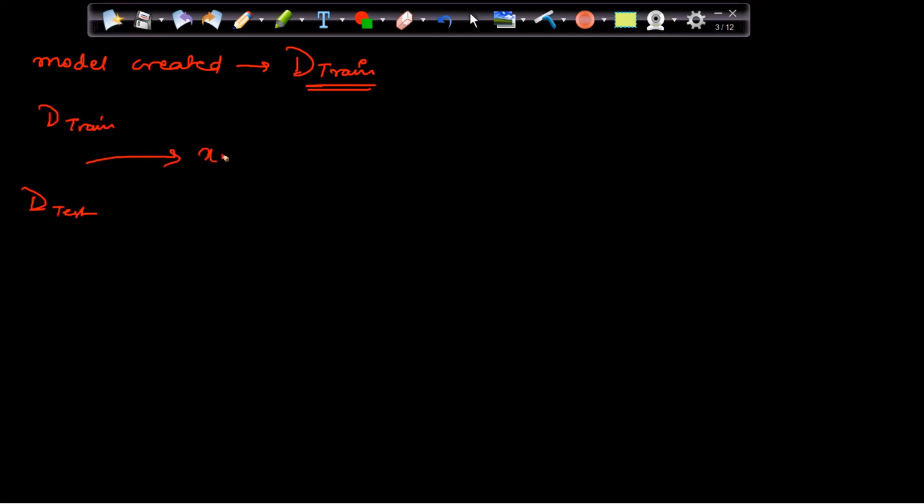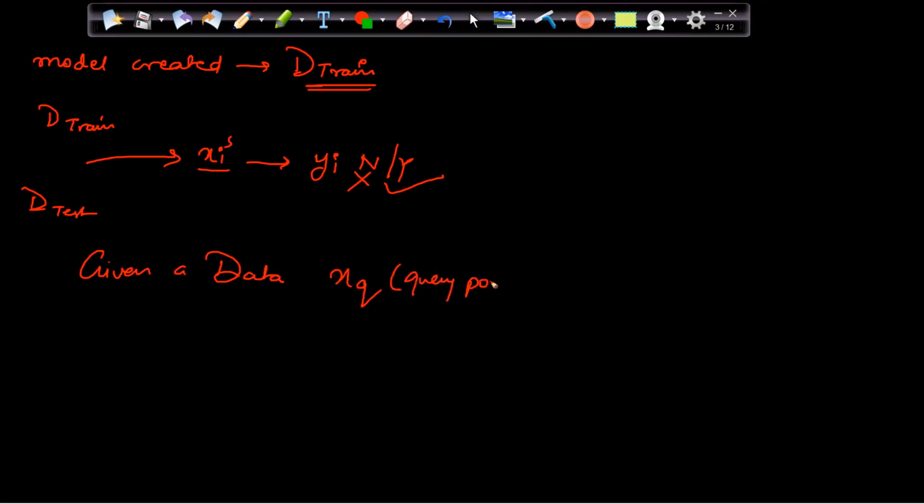Based on the features of that customer, I want to predict, will I give him or her the loan or not, right? Will I give her the loan or not? That is what my aim is. That is the purpose of this entire model building. So basically, given a data xq, which is the query point,